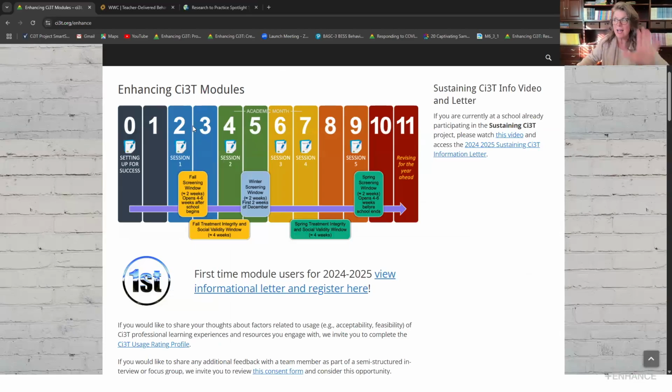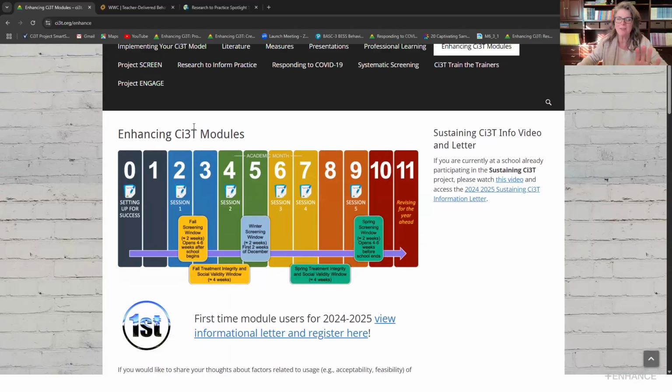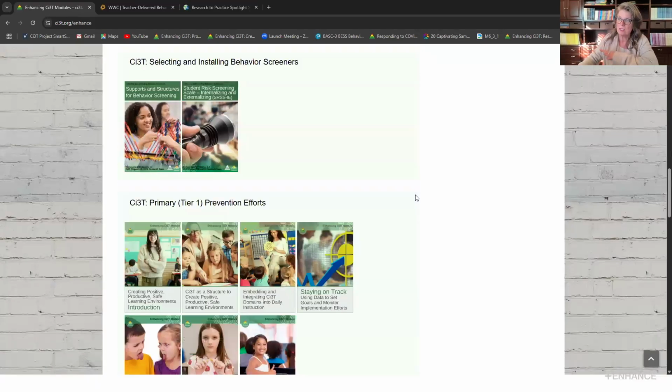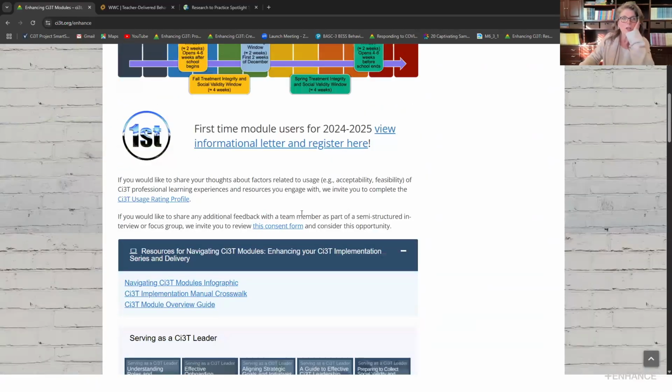And this is the last thing I want to say to you before you guys take off for tonight. On this tab, Enhancing Ci3T, where you're finding these modules, like this is what we just did tonight. So when you look here, if you want to, you could click on this link if you are not in one of those 6 districts. And if you don't know if you're in that district, just private message somebody on our team and say, am I in this? Just put the name of your district and we'll let you know yes or no. But go ahead and private message Elise if you would, and she'll hit you back.